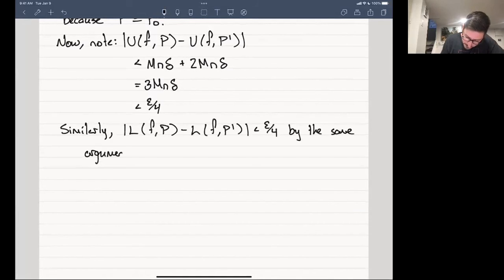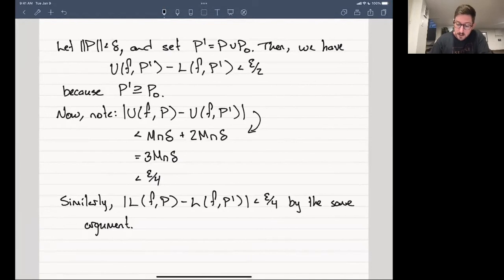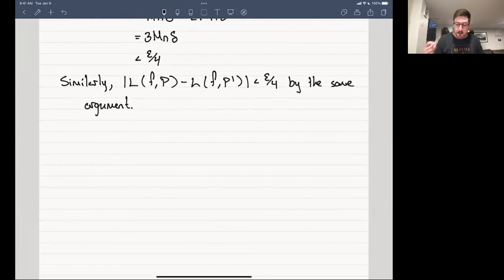So I skipped a little step going from here to here, and I want you to try and fill in the gap, right? So try and draw a little picture, maybe, if that's what it takes to show the discretization here. If it's easiest for you, try and think about P and P prime differing by just 1 point, right? That's probably a good way to start this out, and try and think through this. But now that I know that these upper sums and these lower sums differ by only epsilon over 4, putting this all together gives